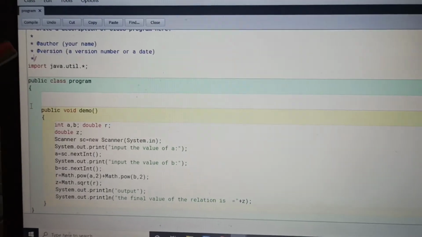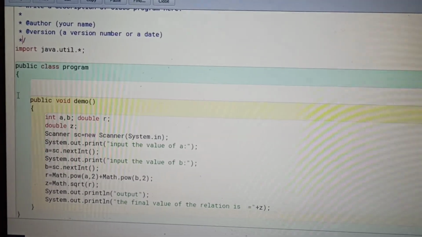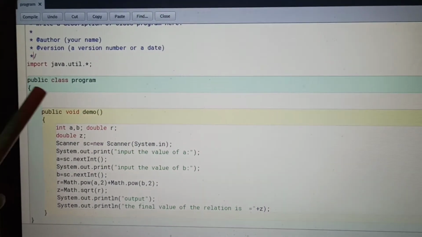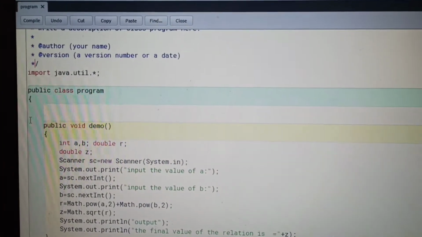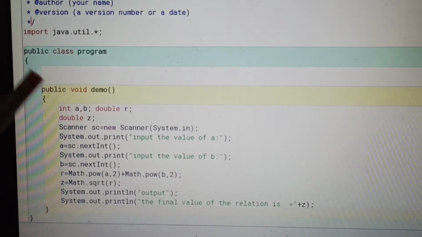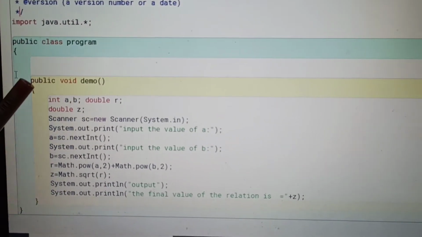First, as you already know, we have to import java.util.Scanner, because we have to use the Scanner class. Next we create a class, and after that a method.